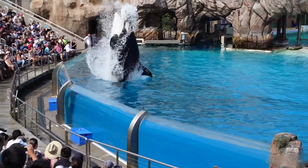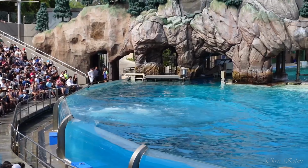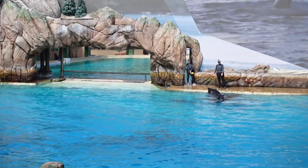Of everyday life in Kelmi. It's how they teach their young to hunt and practice their skills as they grow. You may see killer